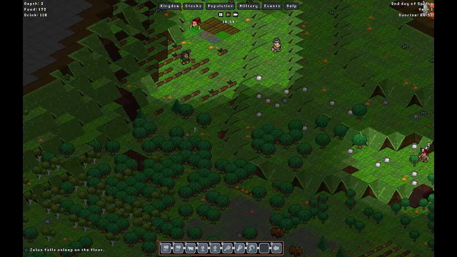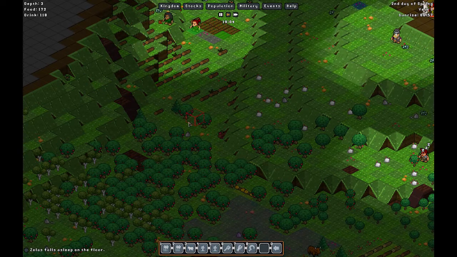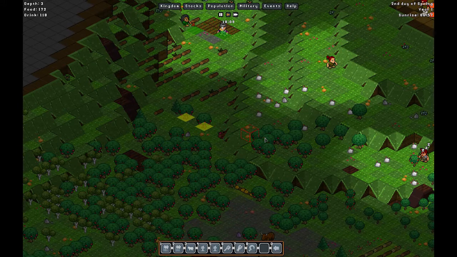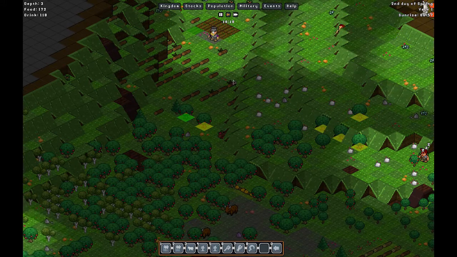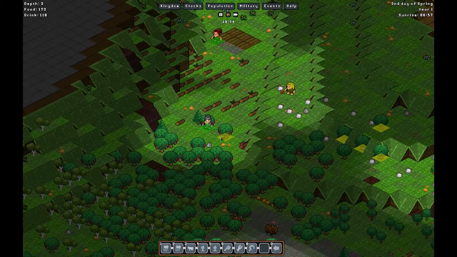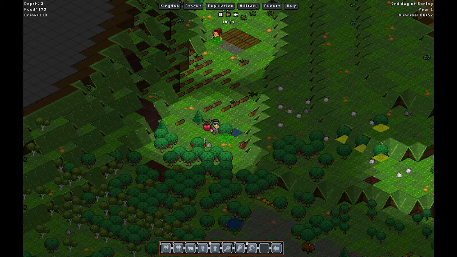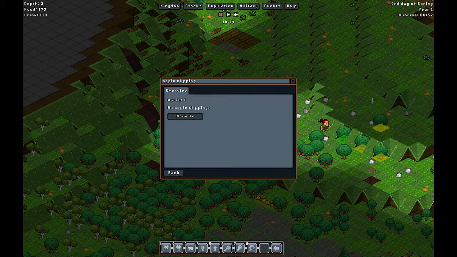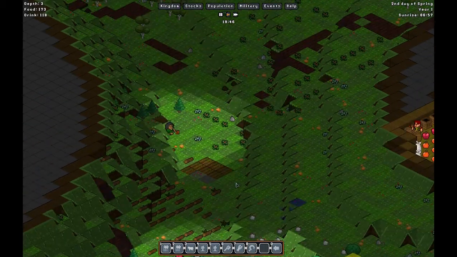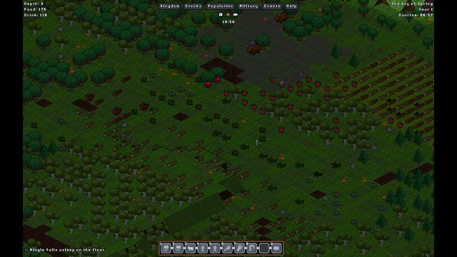Now that we have some time, we are going to go to take clipping. And we're just going to clip those and clip these here and this guy there. And what clipping does is it drops the fruit, if I'm not mistaken. Yep, and it also drops an apple clipping. And what the clippings do are, they're like saplings where you plant them and they